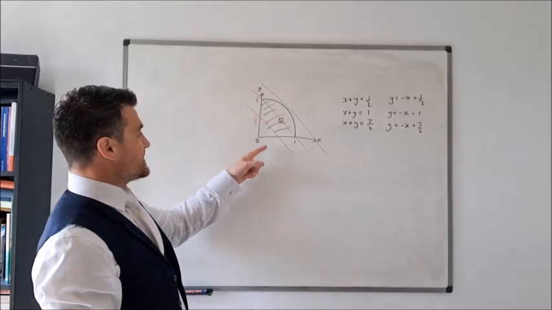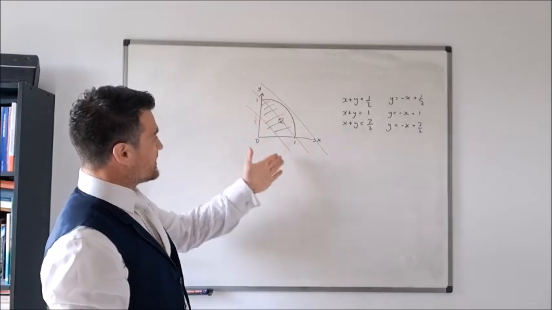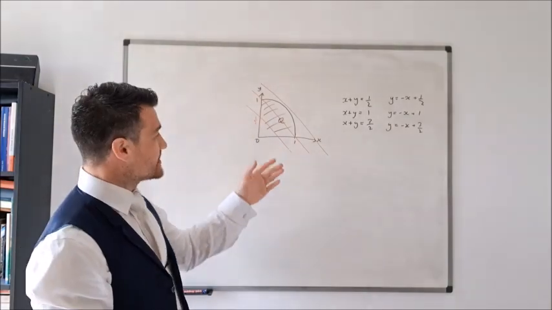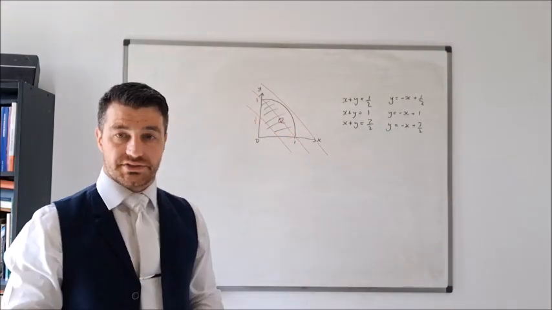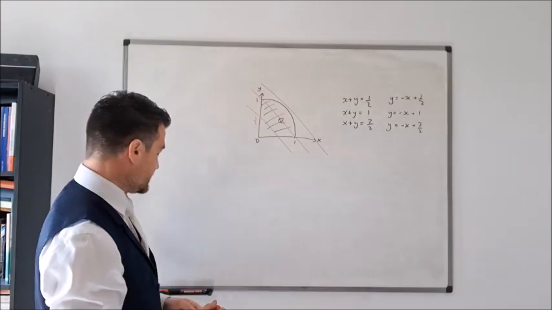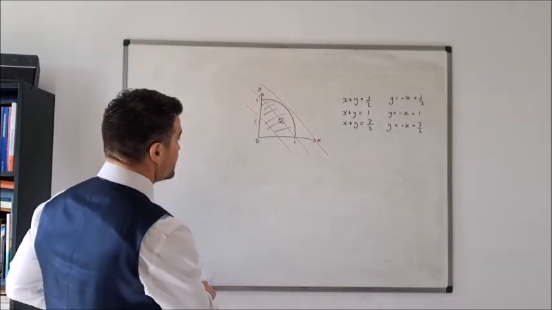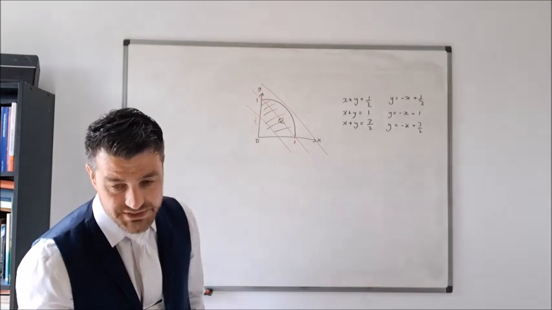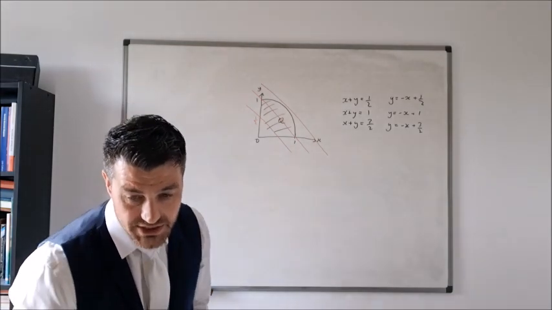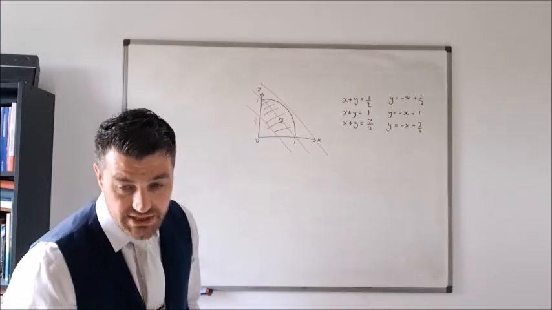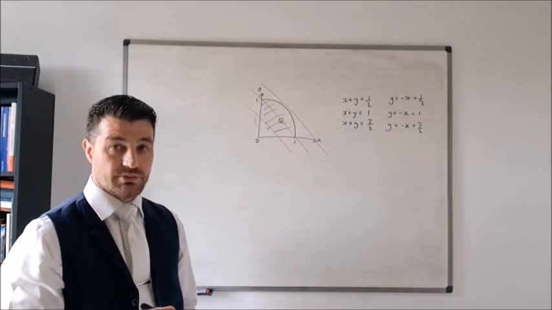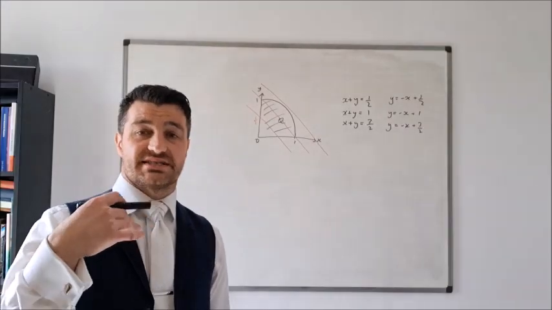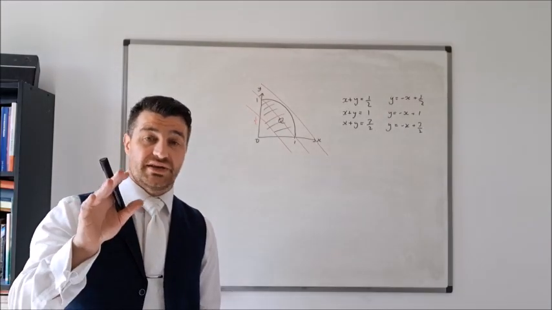Okay, what we notice then is that these first two lines go through the region. They intersect the region Q in some way, but this third line does not. That's going to be relevant in a second, because then we're asked, what is the largest value of x plus y achieved at points x, y in Q? Justify your answer. This is important. Justify your answer.